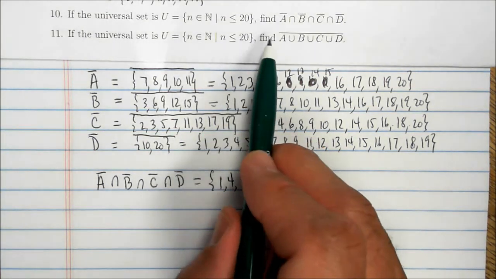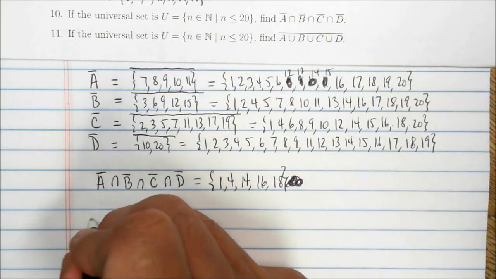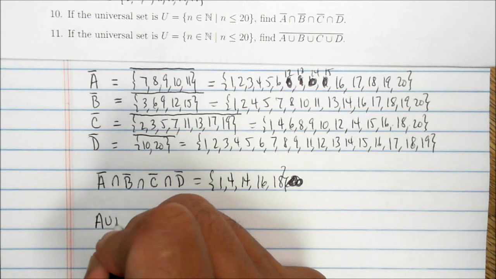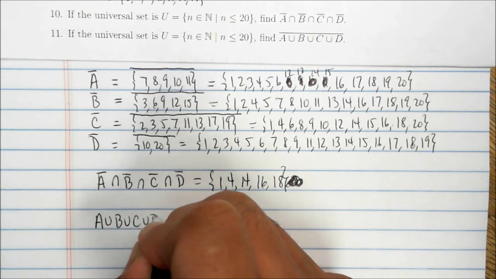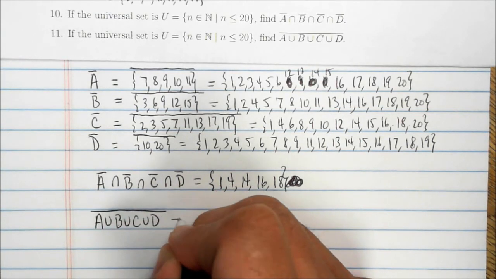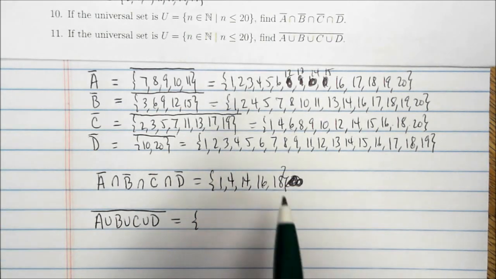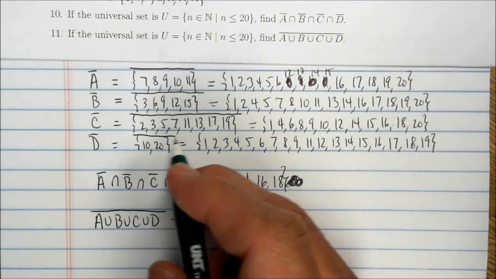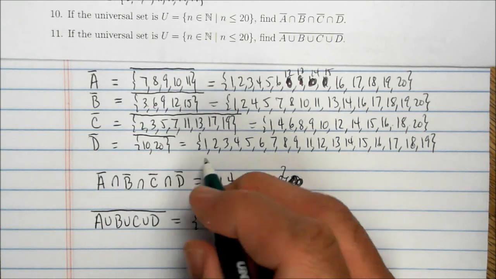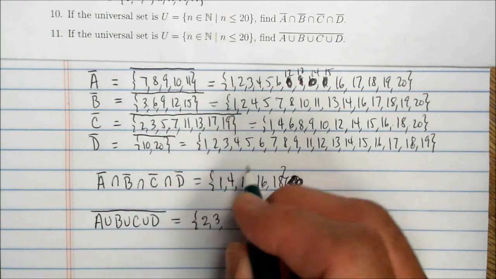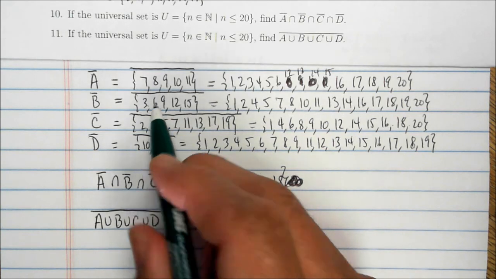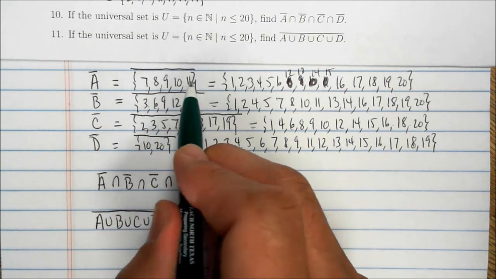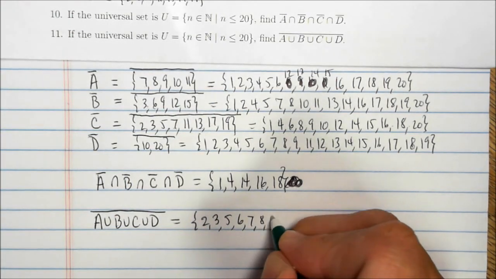Okay, now number 11, find this. So let's figure out A union B union C union D complement. All right, so here are the numbers. So let's see. 2's in there, 3's in at least one of them, 4's not anywhere, 5 is in at least one of them, 6 is in at least one of them, 7 through 11 are in at least one of them,